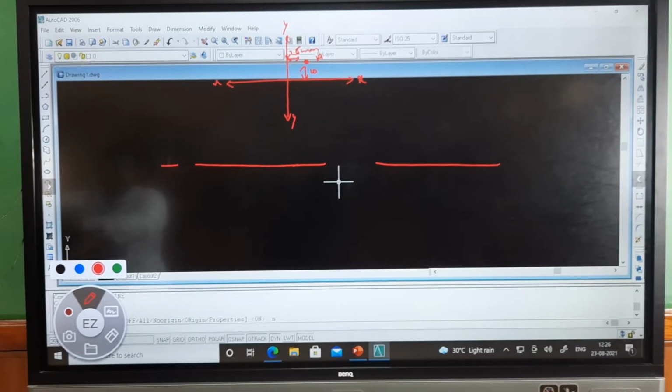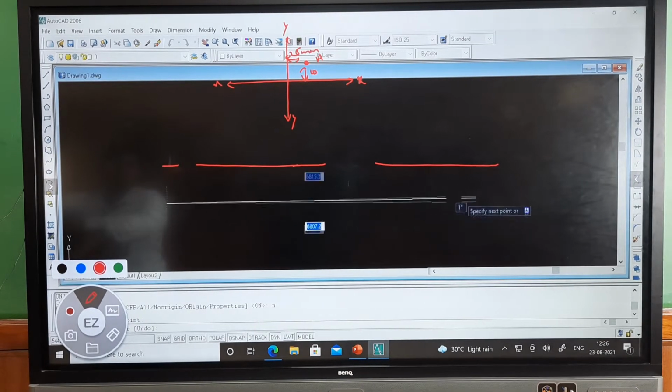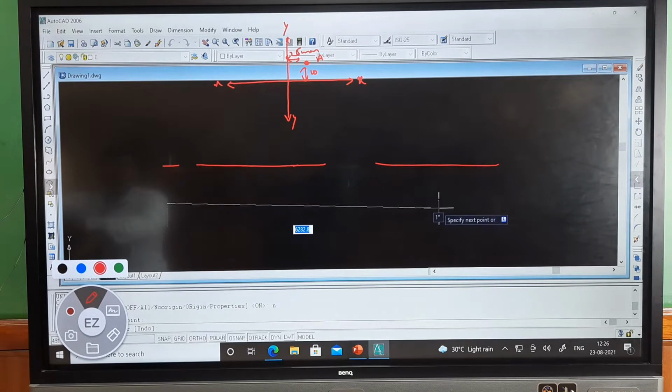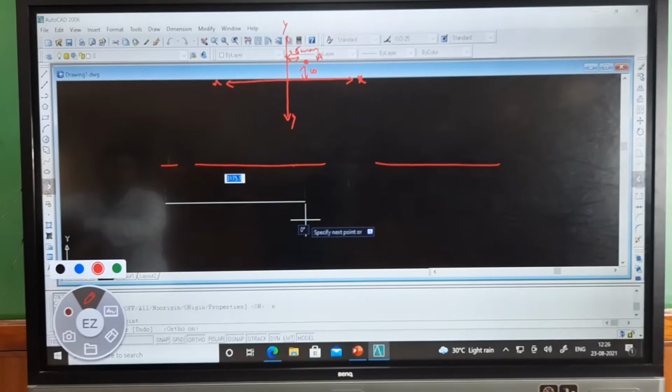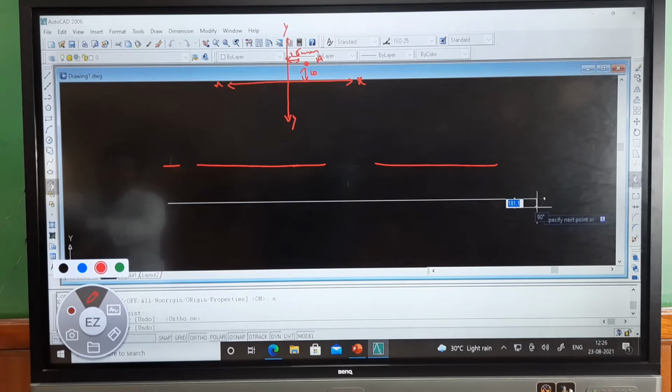So here if you see, L, enter. L is the line command to draw the horizontal line. Now it is in a rotating mode, meaning the function key ortho is in off mode. Now I am turning it on by pressing ortho. Here if you see, this is ORTHO, which means if you click here you will get a straight line. Again if you want to turn off ortho, you will get a rotating line. Now the line is in a rotating mode, so I am turning this off. Now I am turning on the ortho. If ortho is on, we will get horizontal and vertical lines. So I am drawing this one, taking an approximate length.